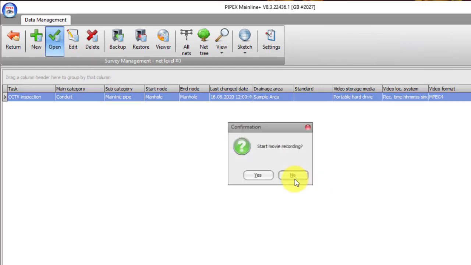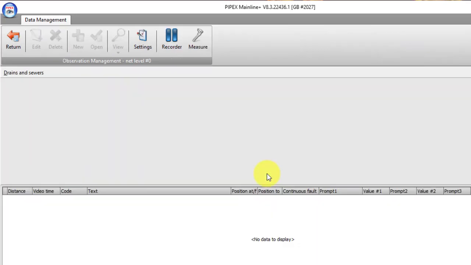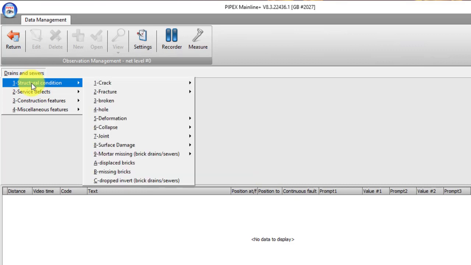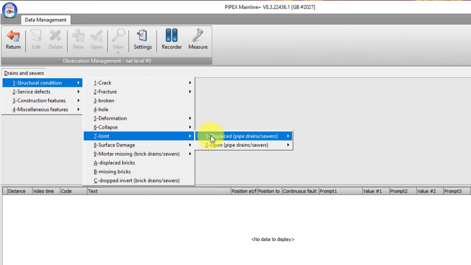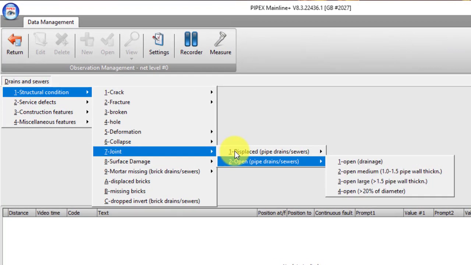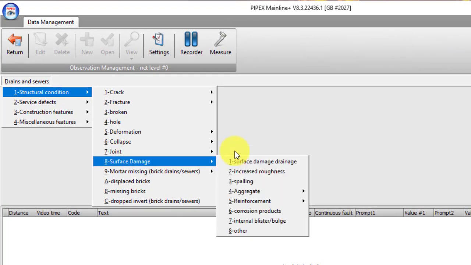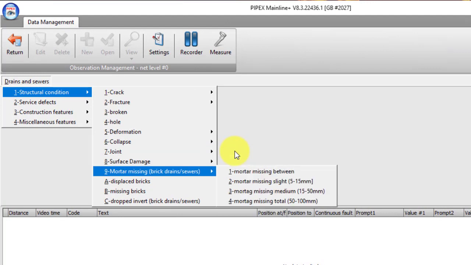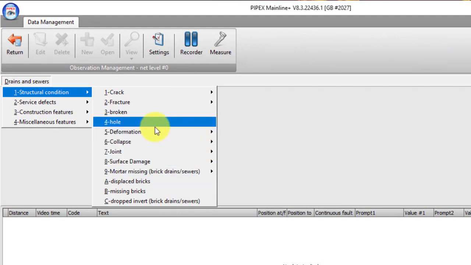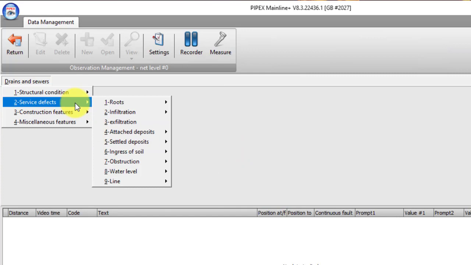In the next step we start the digital video recorder. The standardized catalog selected at project level is now available as a menu system. The individual entries can be selected by clicking on the menu items or by entering the hotkeys visible as underlined text. I select the observation ingress of soil with gravel from the menu system to show you the observation editor